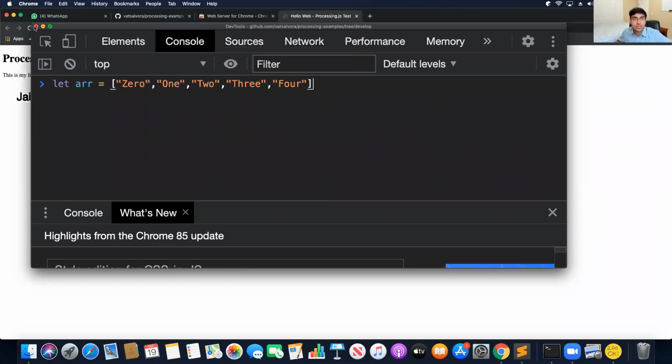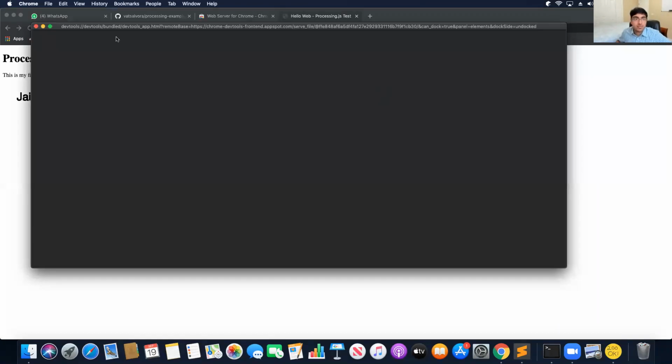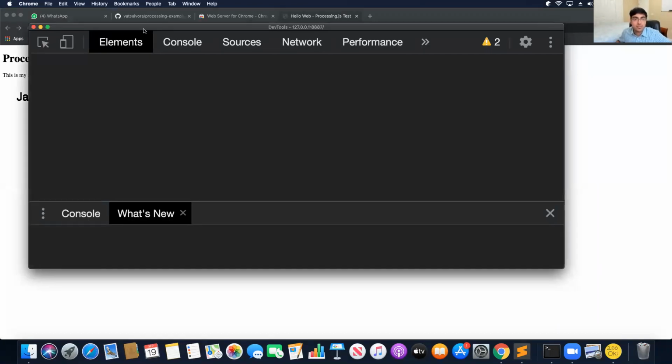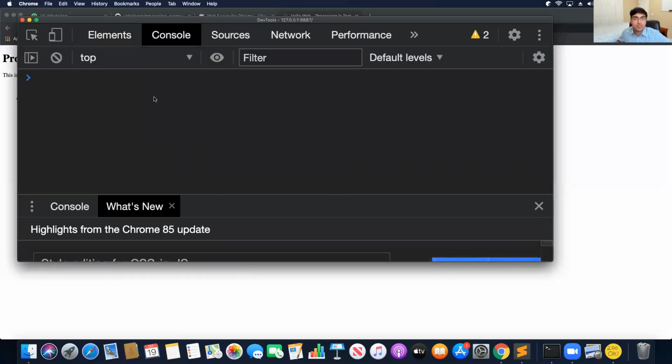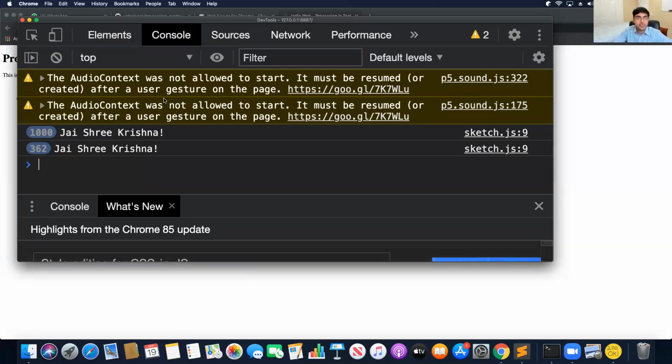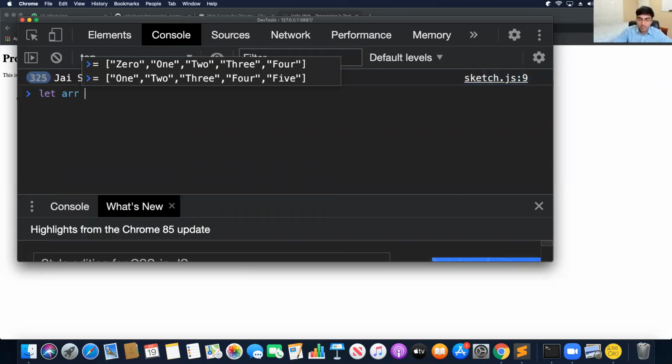All right, 1 second. Okay. Cool. So we'll do let arr is equal to